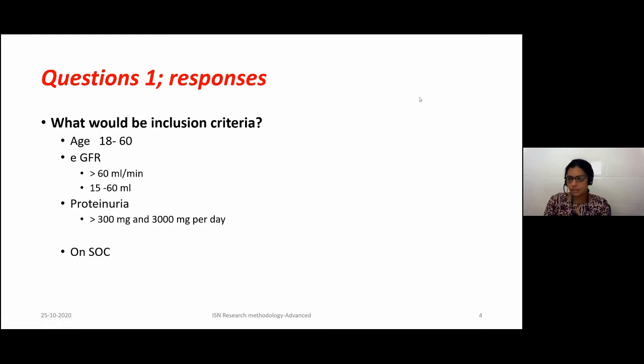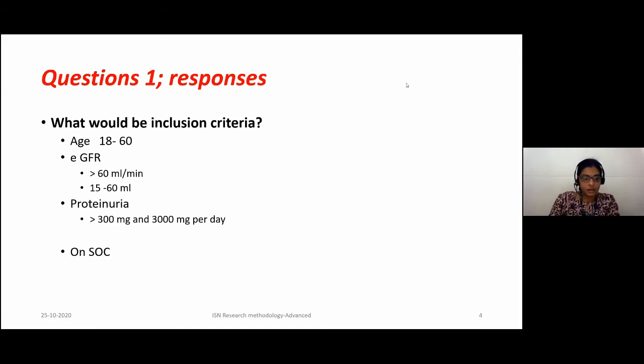So this question was circulated some time back, and I got a couple of responses also. So these were the responses I got. What should be the inclusion criteria? Age between 18 to 60.